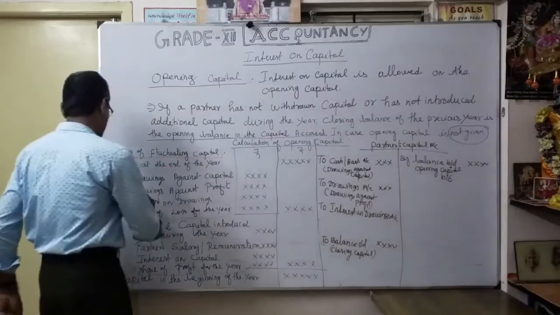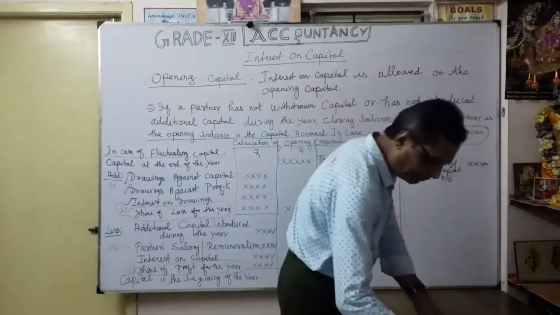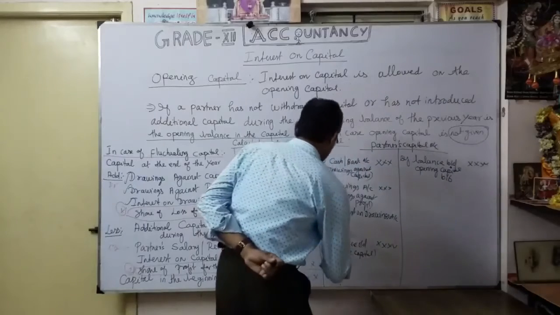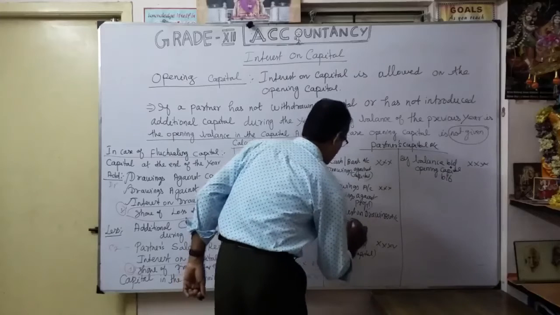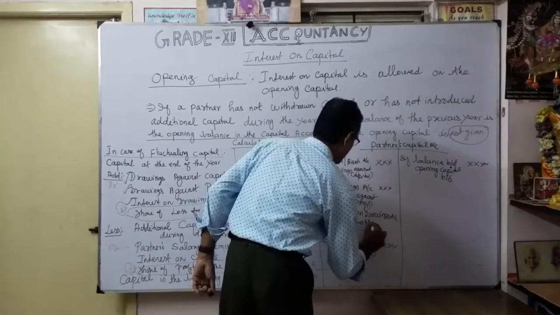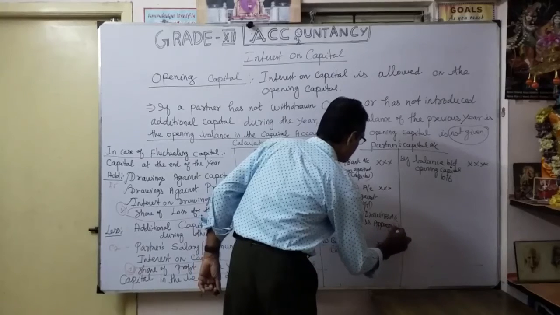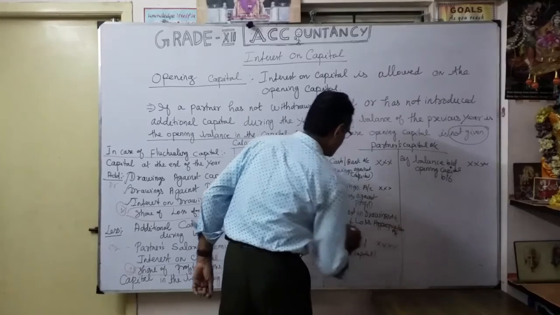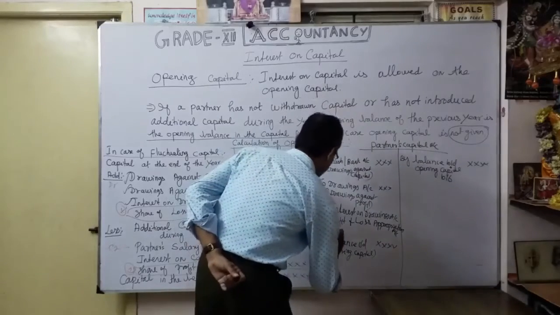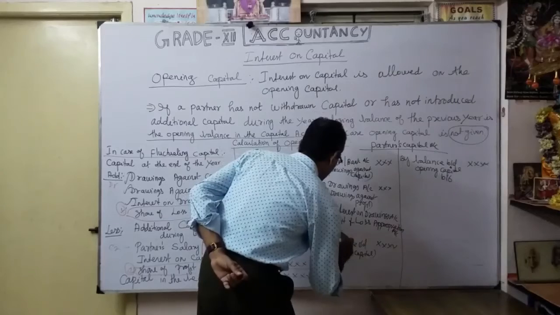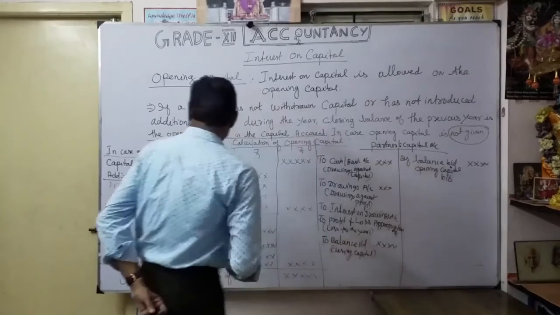So this is also written. Suppose there is a loss, I am going to show it here on the debit side. In the same way, to profit and loss appropriation account. So this is the share of loss. That is very, very important. Okay. So this is the loss for the year. Okay. So I have done it all.